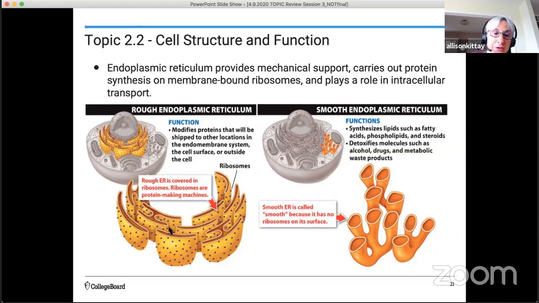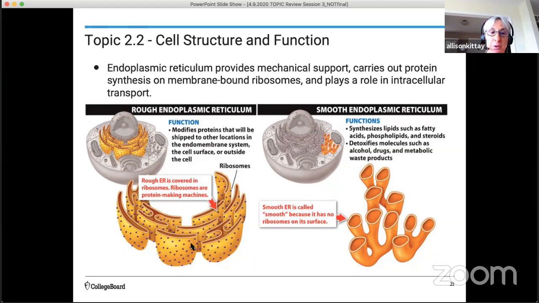The rough ER, as you can see, has all of these ribosomes that are attached to it. So ribosomes synthesize proteins. So the ribosomes that are attached to the ER make proteins that are going to be exported from the cell. They will work together with the Golgi to actually modify, package, and transport these proteins out of the cell. Okay, so it does provide that transport function. It provides the work surface for the ribosomes, and it is connected to the Golgi, which will modify